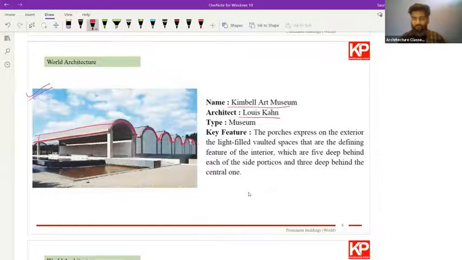So while taking notes as we go through the slides, you can write the name of this building, the Kimball Art Museum, and with that you can simply write that this was the building having those continuous arches. Because this is what your mind makes the image of. All of you can notice different things. This will help you keep all these different buildings in mind. There are a lot of examples and you need to find some tricks to remember. I'll keep telling them as we go through the slides.